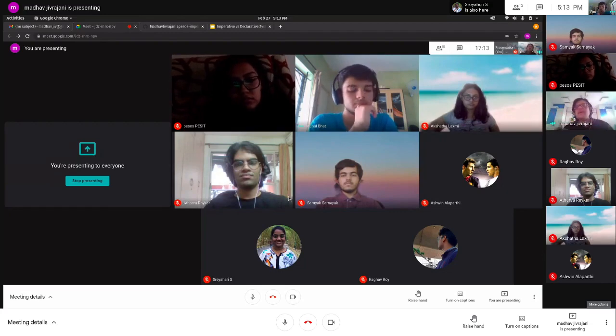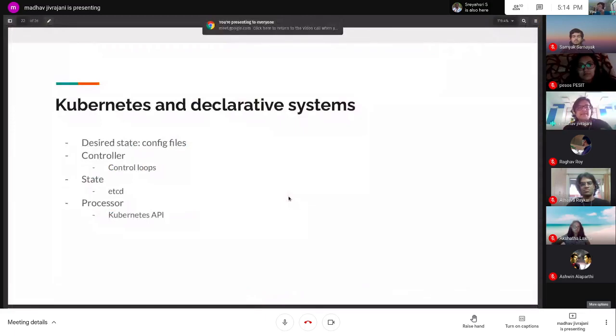You don't have to micromanage. Kubernetes says, I trust you, you do your thing. This is the desired state, this is what you need to do, and eventually that will happen. That's what Kubernetes does, and that's a declarative system, as we saw. So the controller is what runs the control loops.